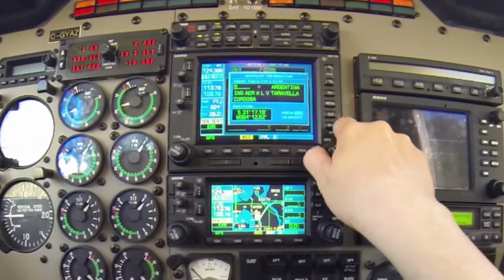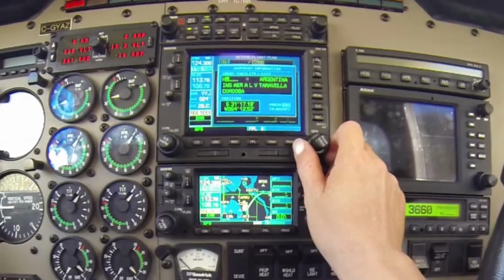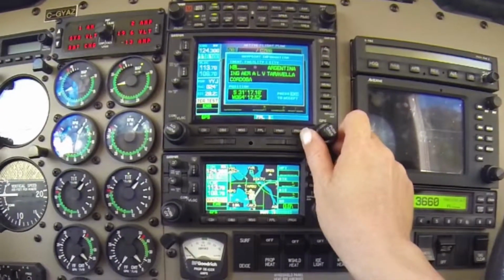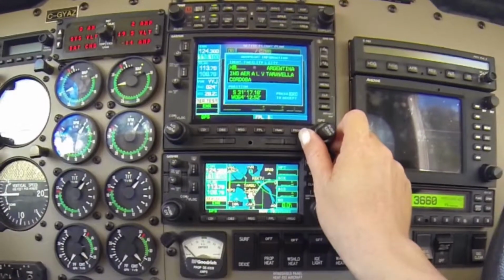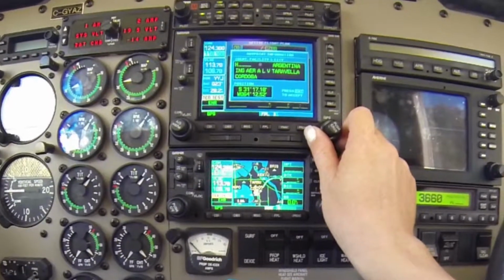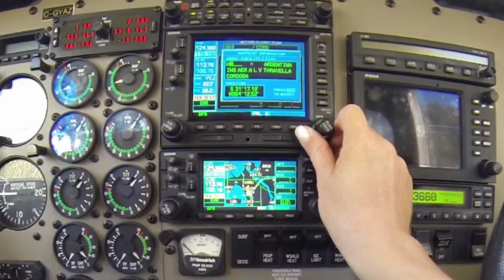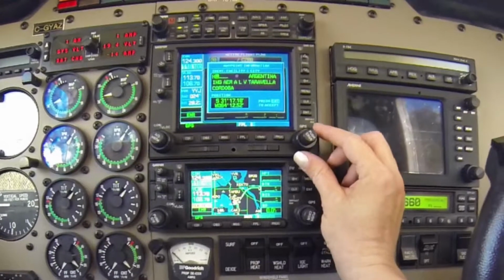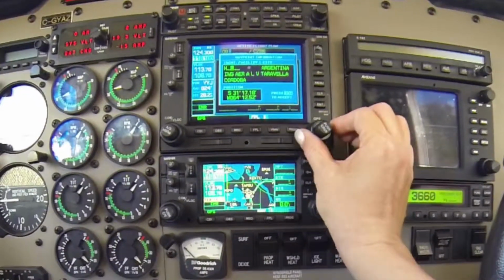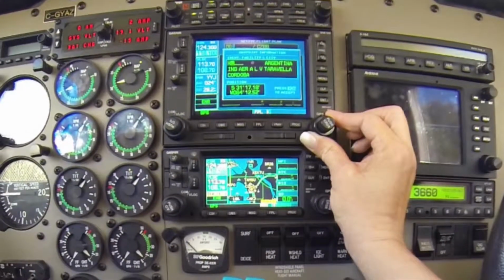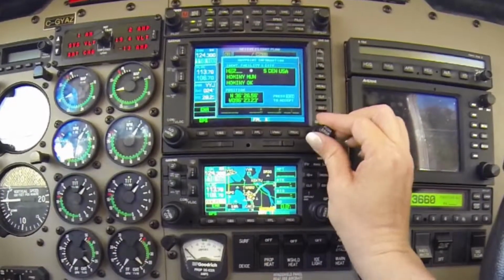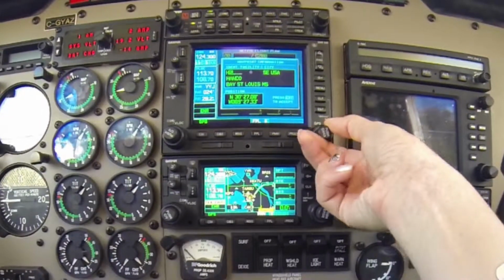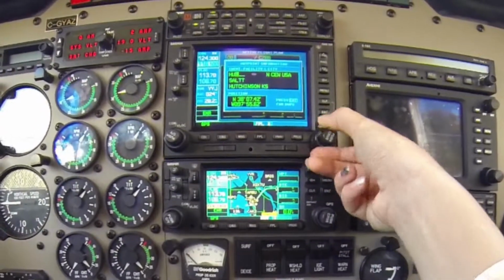In setting up the GPS, there are 3 main steps. First, we enter the waypoints, then we enter the procedures, arrivals, departures, approaches. And last, we go through all the flight plan and clean up what is not needed. So I'm entering the waypoints right now. I navigate between the positions here with this outside knob, and I change letters by twisting the inside. So H, U, H,